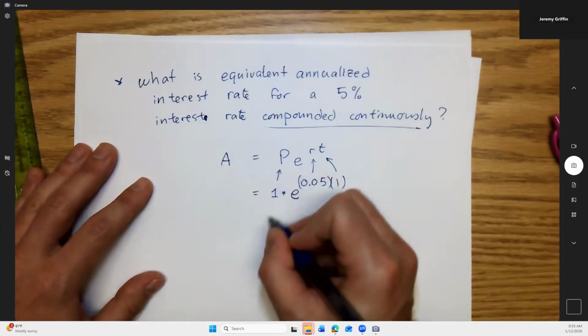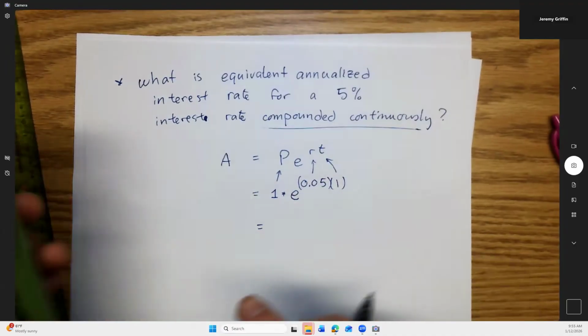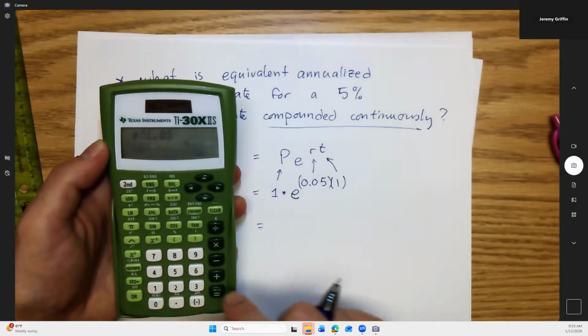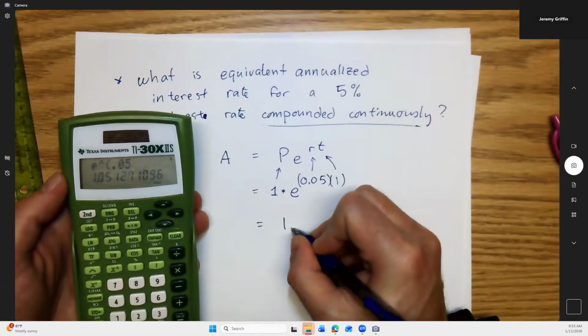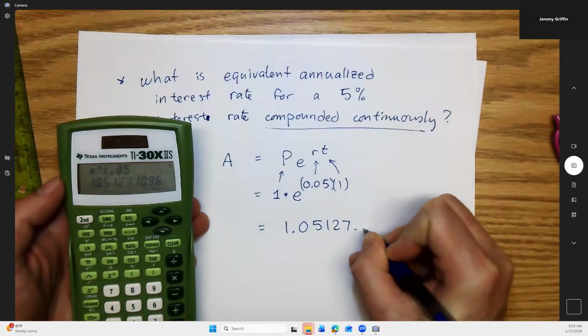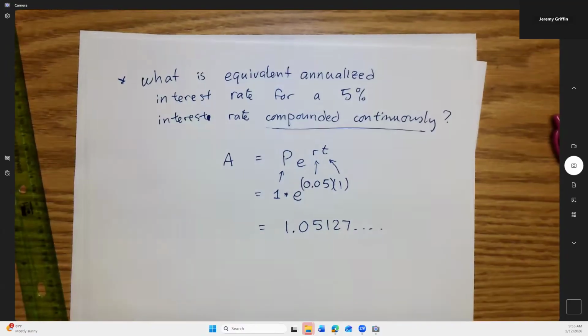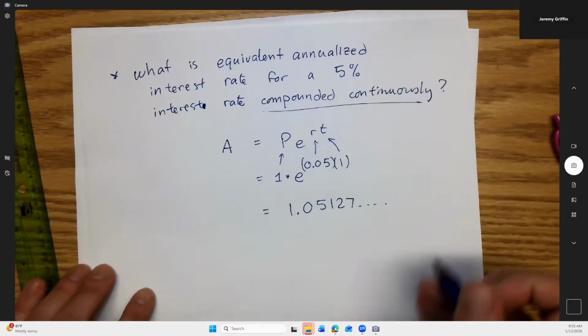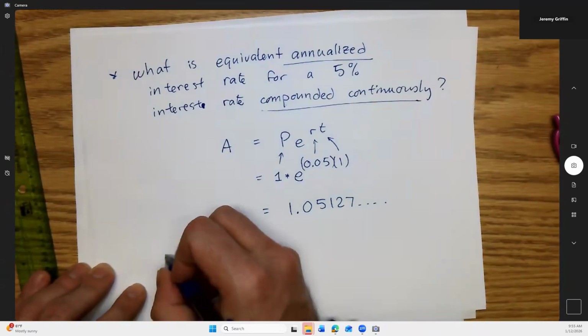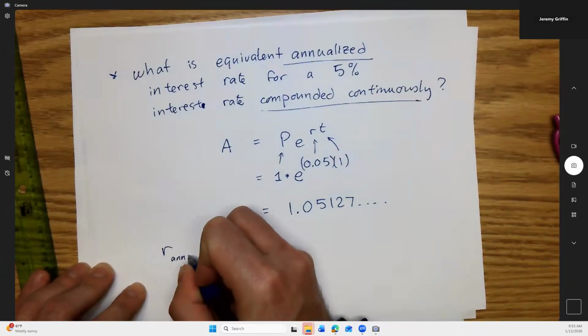And see, what do I get out of that? Okay. So what is e to the power of 0.05? And the answer is 1.05127. All right, and it goes on for a while, but I'll just cut it off there. Okay. So the target question is the equivalent annualized interest rate. So R annualized equals